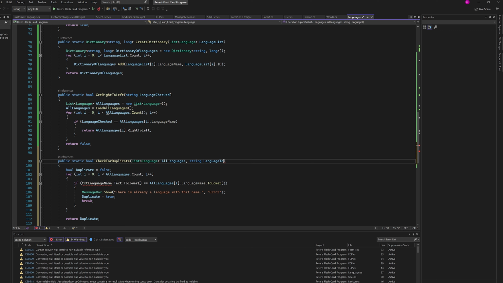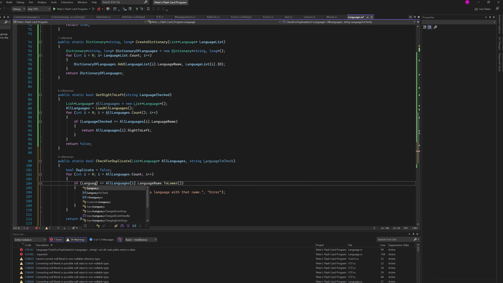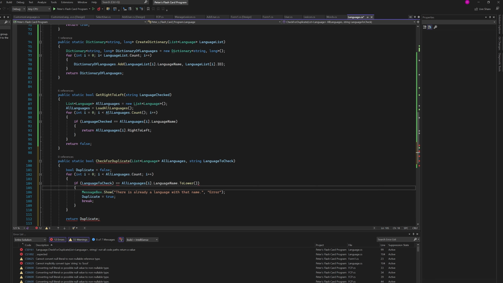And then we're also going to need a string of language to check. And what we're going to do here is we'll replace this with language to check. We can remove that and we can, yes, we'll want that. So now, if language to check is this, so remember what we just changed on there, that was the text